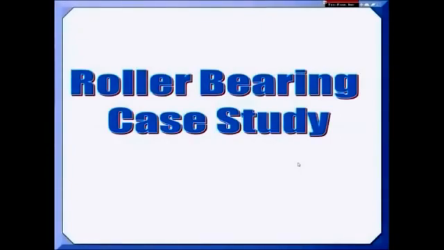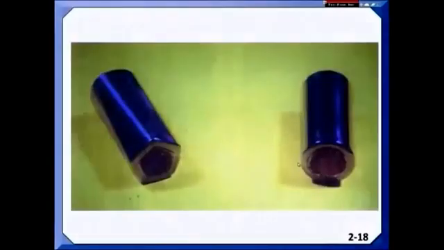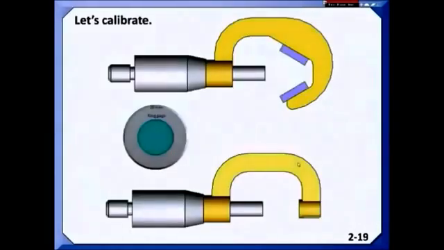As I said, we use several case studies. Here's one of a roller bearing. This was a brand new roller bearing as shipped. These two rollers were right next to one another. And we show how Rule 1, if used correctly, would have picked this problem up, so it wouldn't have been shipped to the customer. This is an overlay that the students have that they get to work with, and first